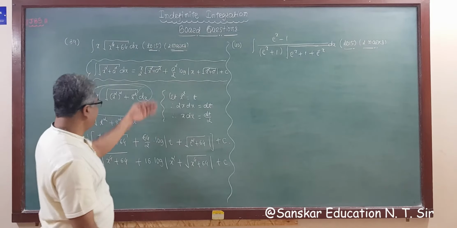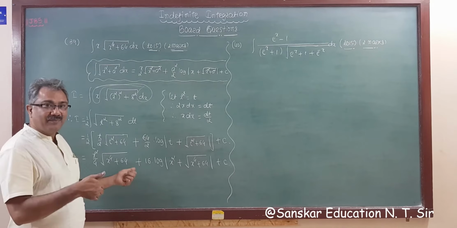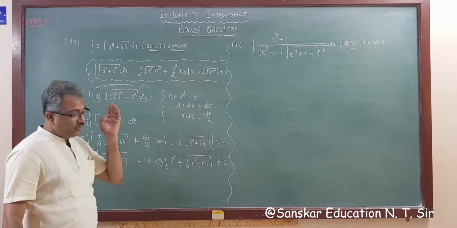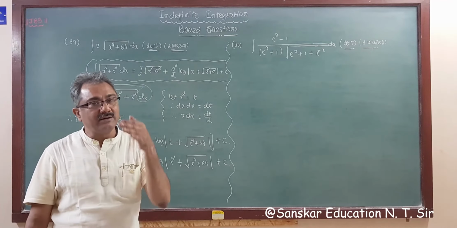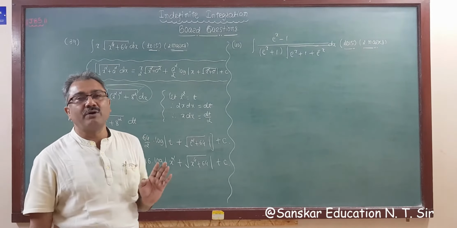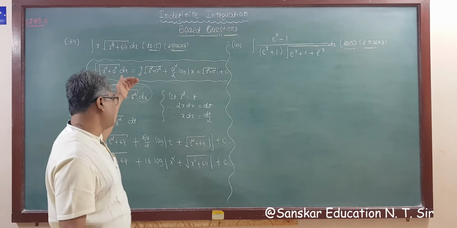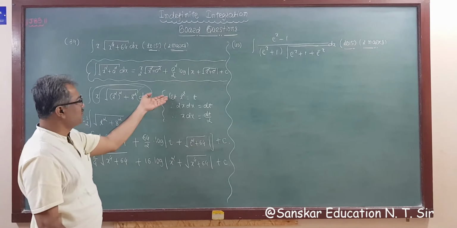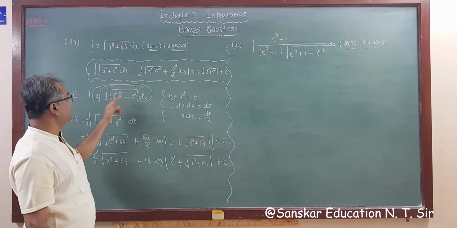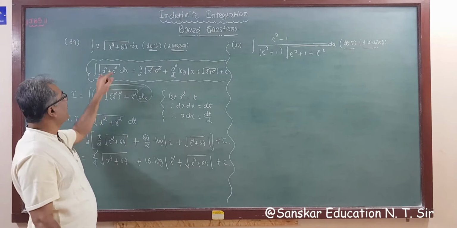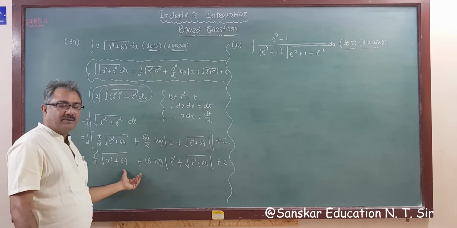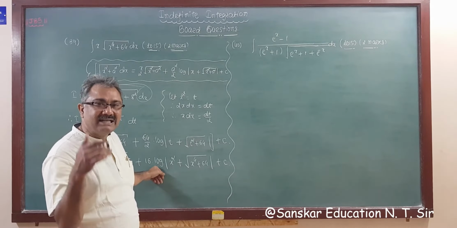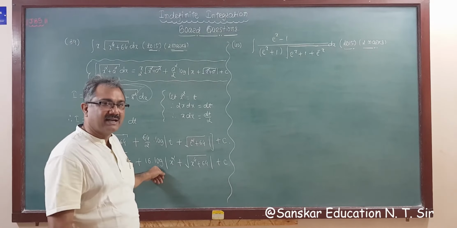Got it? So it's a nice question asked in 2 marks. See, this is an MCQ question, but asked in 2 marks, right? So you have to know the formula and the proper method for solving all questions, right? In 2 marks you have to write all steps. Otherwise, if you are solving this as an MCQ, no need to write everything, because you know twice x dx is dt, so this is x square plus a square, and apply the formula directly and tick mark the answer, right? But for 2 marks, that is for part B, the descriptive section, you have to write all steps, right?